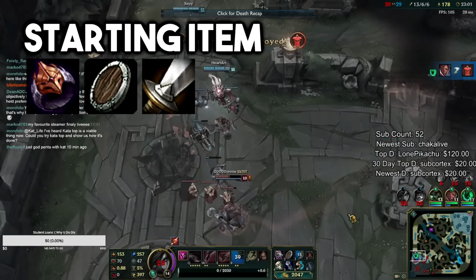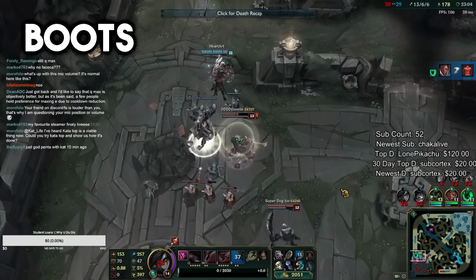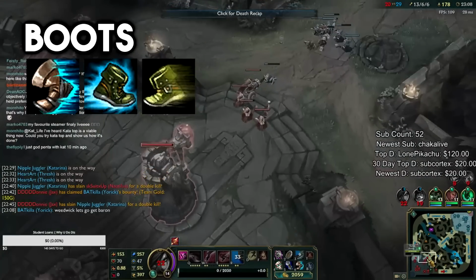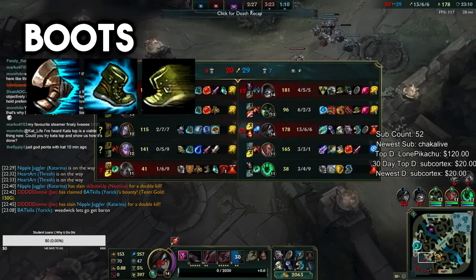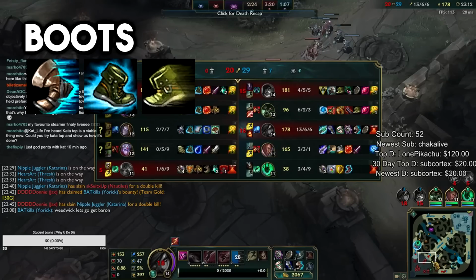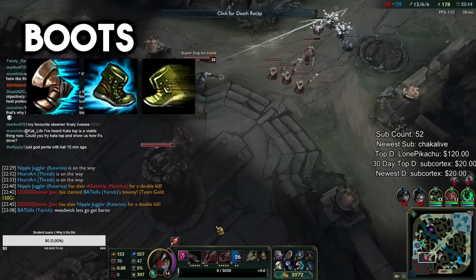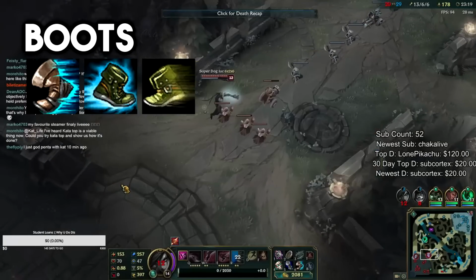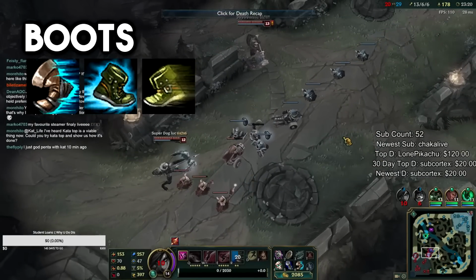Buy it if you want a more well-rounded starting item. For boots, I go either Sorcerer's Shoes, Mercury's Treads, or Ninja Tabi. I mainly go Sorcerer's Shoes because the magic pen it gives is super good. Get this item every chance you get if you don't need to go defensive boots. Mercury's Treads is good against heavy crowd control teams, and Ninja Tabi is good against heavy AD and auto attack